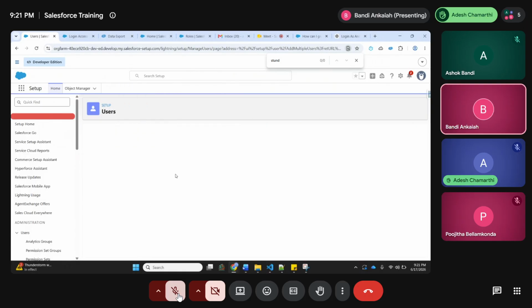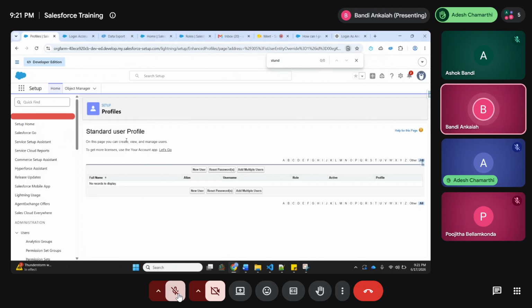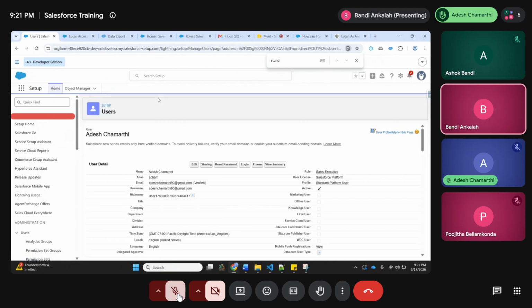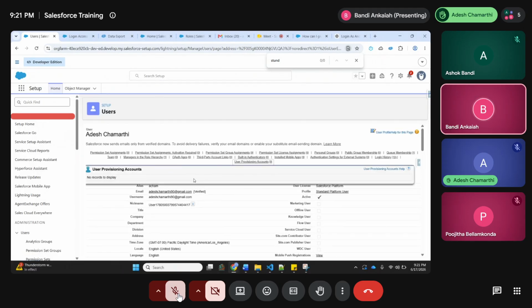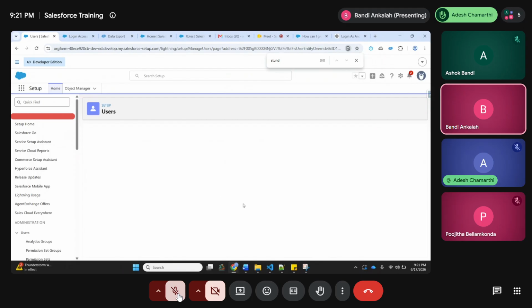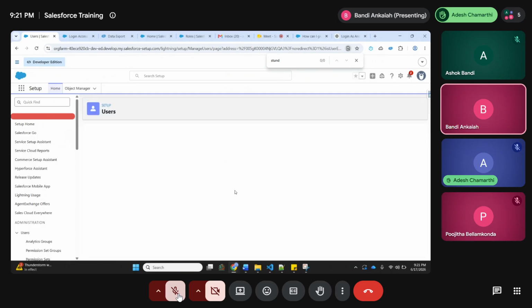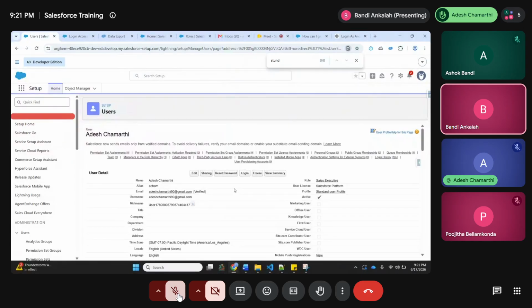Or otherwise go to your user, Adesh Chamarti, click on edit and change the profile. What is the profile? Standard user profile. So now